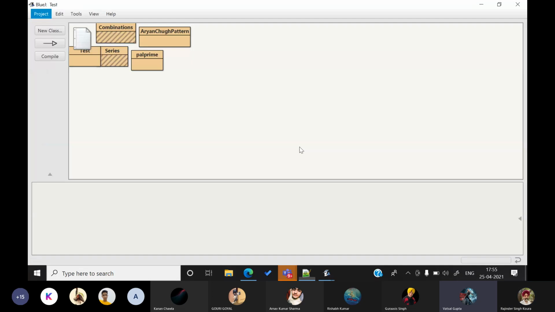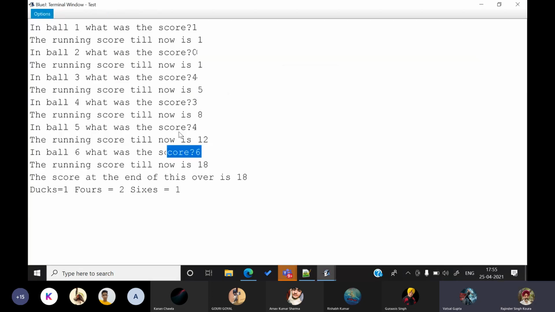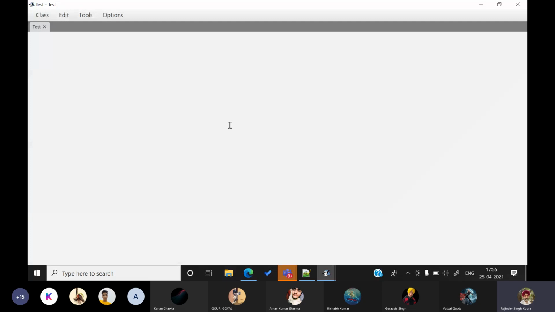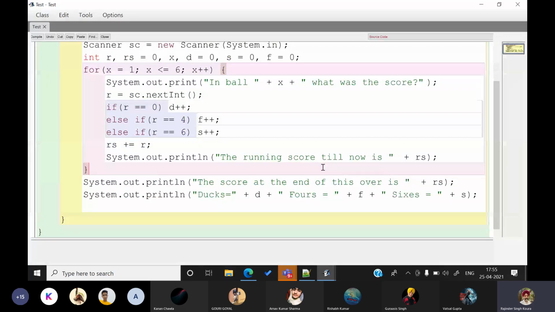Sir, it will display the sixes, ducks, and all that outside of the loop. Of course, outside of the loop. If you want to do it in the running score, display it in the running score, but in a running score the score usually keeps increasing. That's up to you. You could have displayed it inside the loop also, guys, but I didn't say that. I had actually said that we have to display it afterwards. We don't want to display all this clutter inside. Okay, done. Yes, sir. All right, this project should be going further,